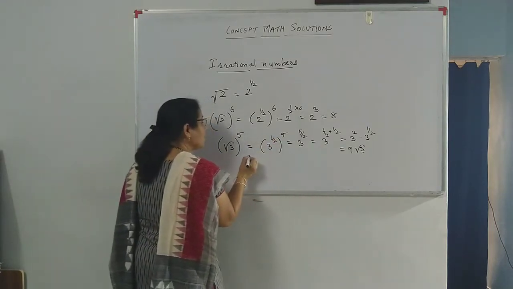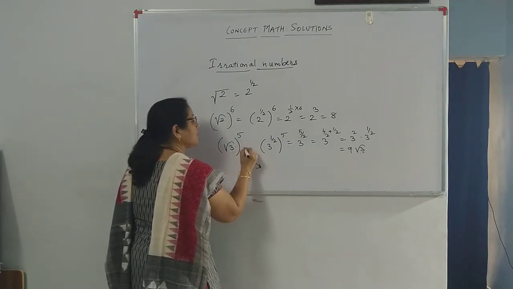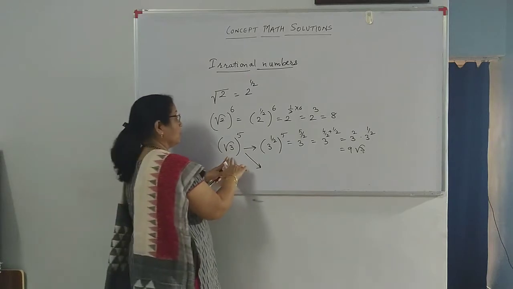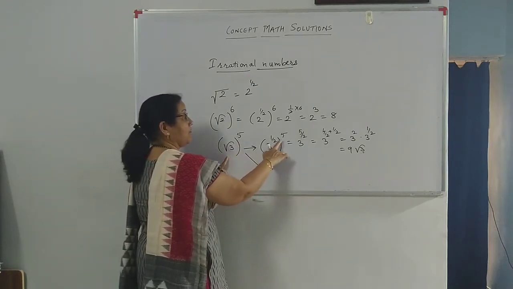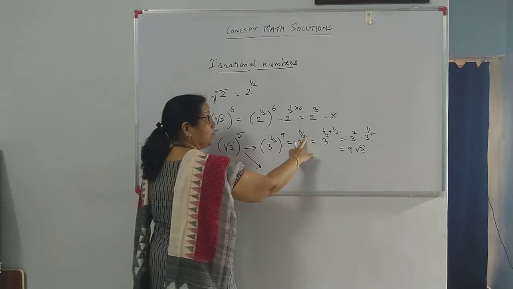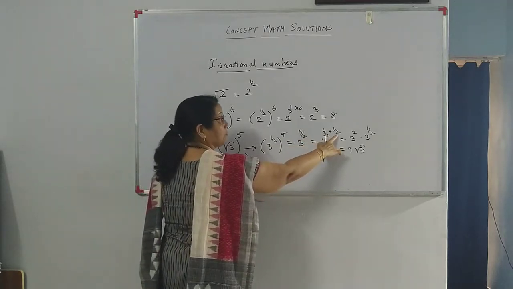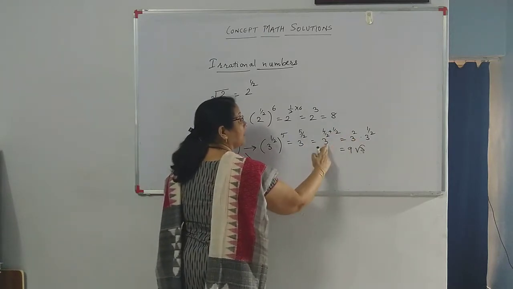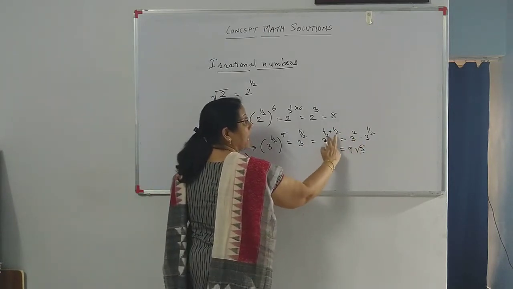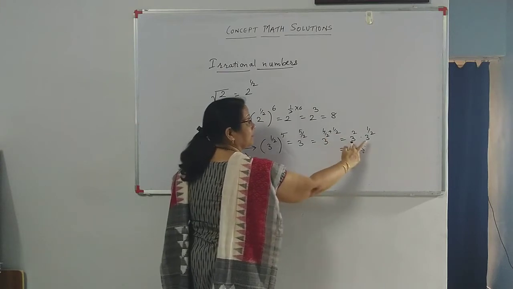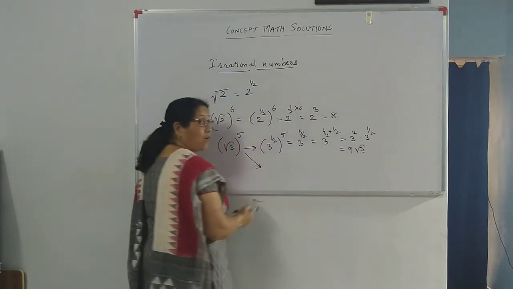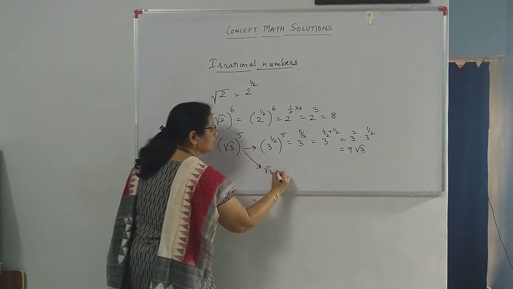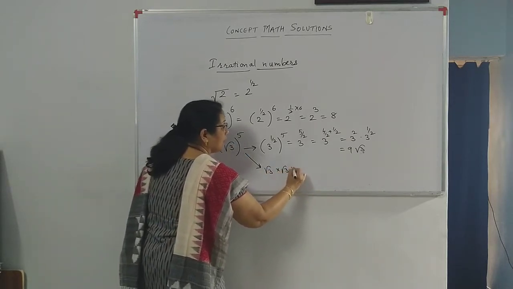I can also work on this. There are different approaches of working on these numbers. What I have done here, root 3 to the power 5 is 3 to the power half into 5. 5 by 2 I separated as 4 by 2 plus 1 by 2 because 4 by 2 is 2. So 3 square into 3 to the power half, because addition of powers means multiplication of equal bases, and we got 9 root 3. Another way, root 3 to the power 5 is root 3 into root 3 into root 3